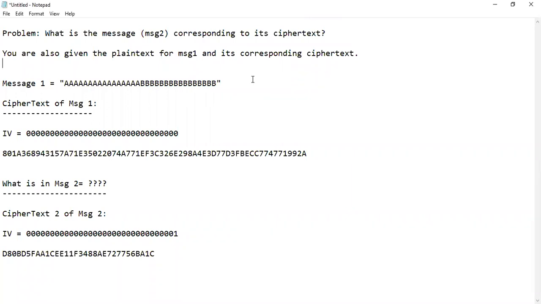We will talk about an interesting problem related to AES in CTR mode. CTR stands for the counter mode. We are given this problem statement. I will walk you through this statement. The problem is, what is the message